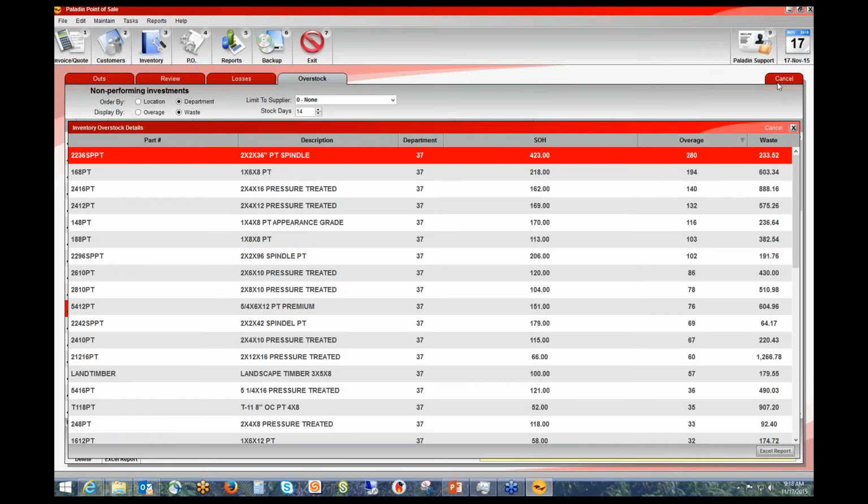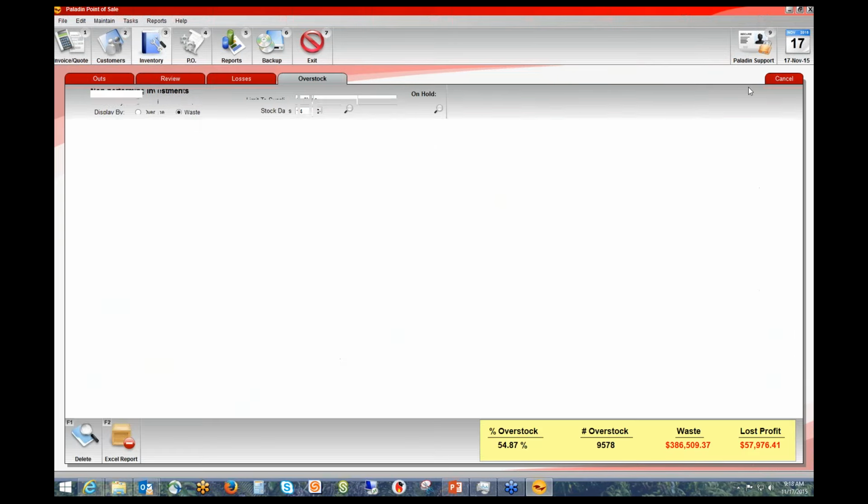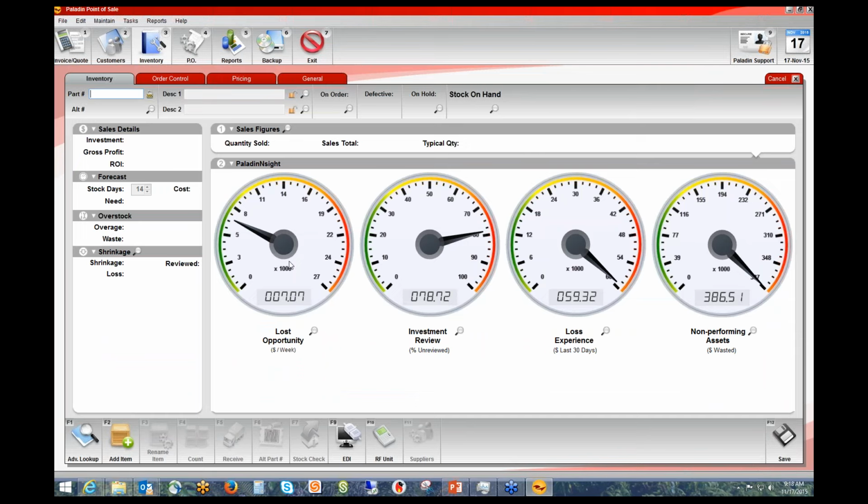So going back to my main screen, we've covered lost opportunities, which are outs. We've also covered non-performing assets, which is overstock. And those two areas are the biggest challenges that most retailers with a lot of SKUs deal with on a weekly basis. And our goal is to try to make this an easier job for you, streamline your operations, and help you make more money,